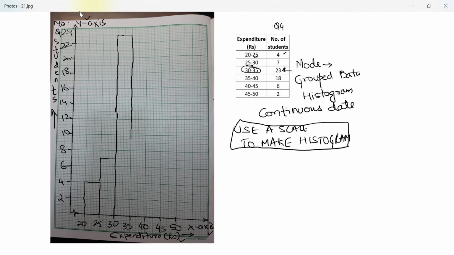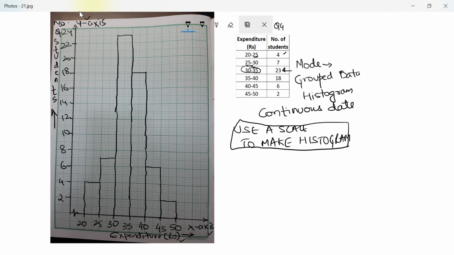Perfect. So here I'm not using a scale. You would use a scale, and you draw a perpendicular and you create the histogram. Next is going up to 18, which is still here, and then I draw a perpendicular down up to 40. I can't repeat more often. Use a scale. Next is up to 6, which is still here. You will join using a scale. And the last one is